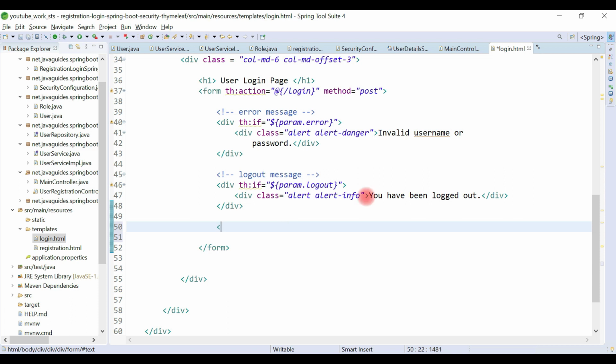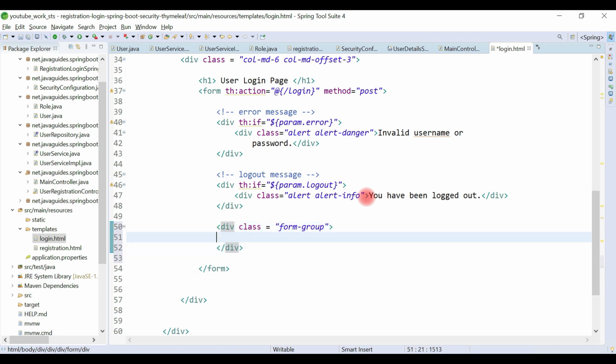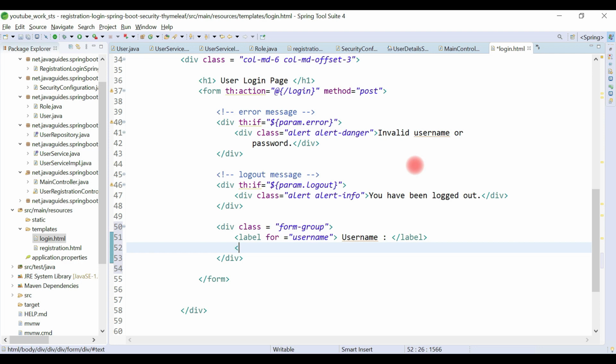Okay, let's create a div class, and this is a form group, and this is the CSS class that is provided by the Bootstrap CSS library. So inside a div we simply create a label, and it has a for attribute, and here we simply say username. Okay, so let's call it username, or you can just give email address, and after that let's